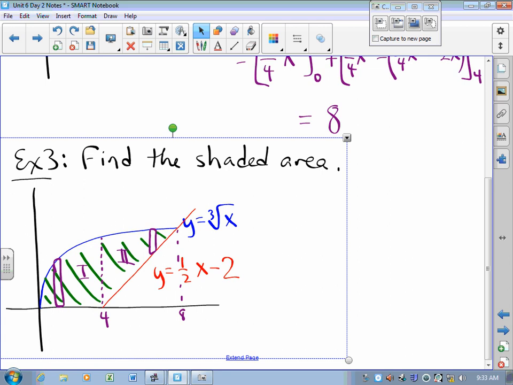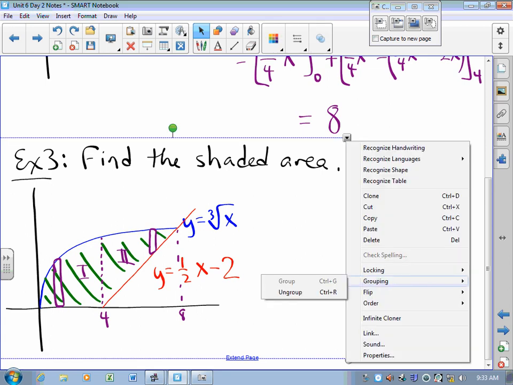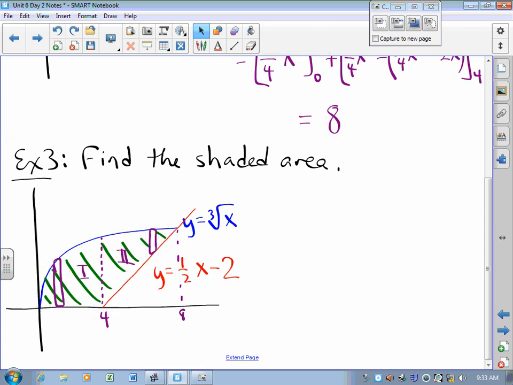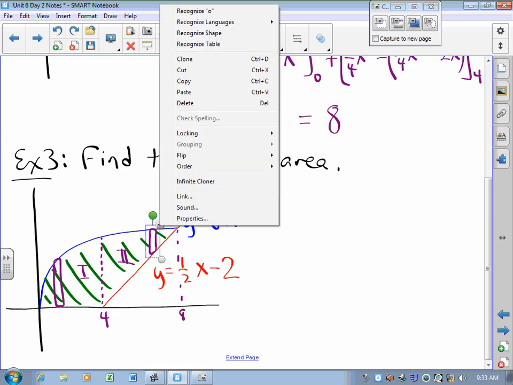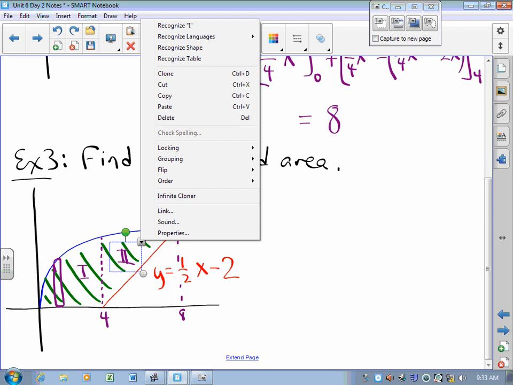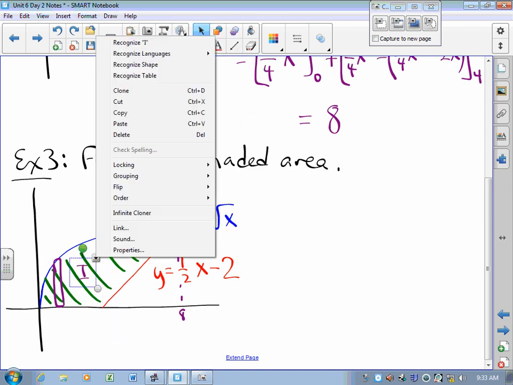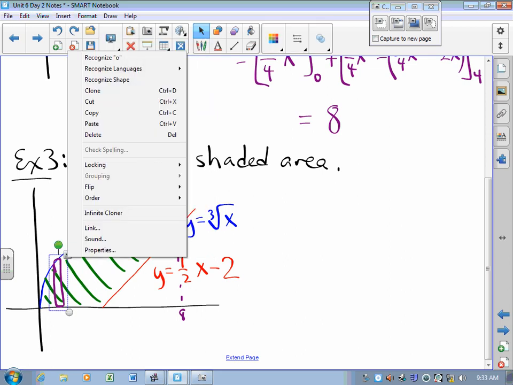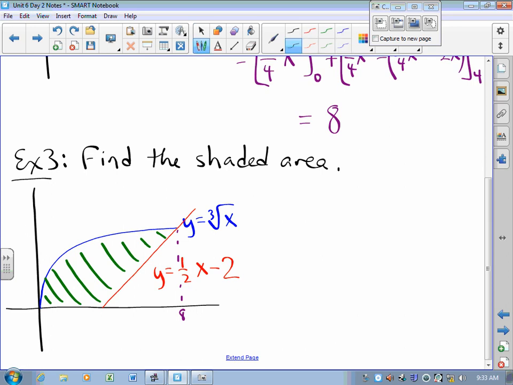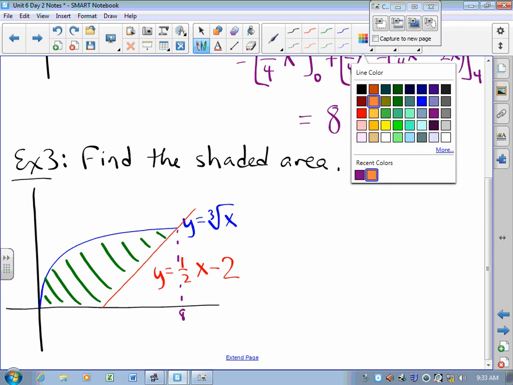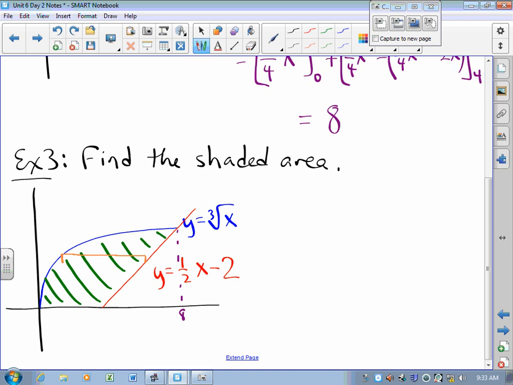I wonder if instead of, let's ungroup, instead of vertical slices, what if we used horizontal slices? What if we decided that our approximating rectangles were going to go like this instead? Because if we use horizontal rectangles,